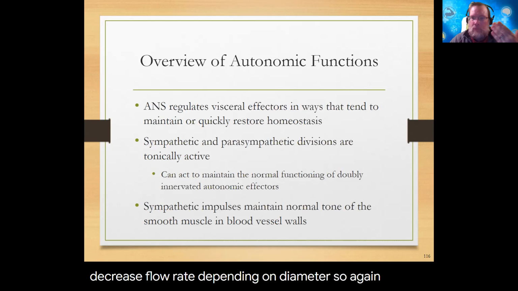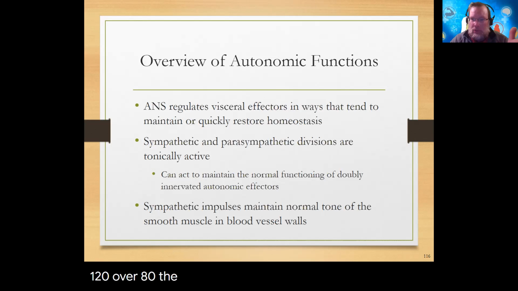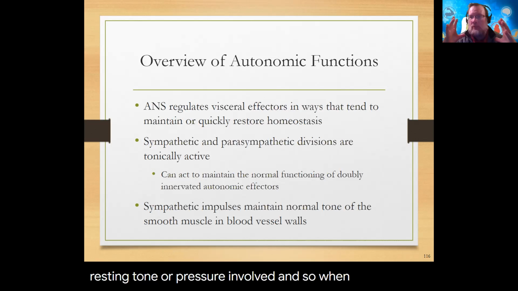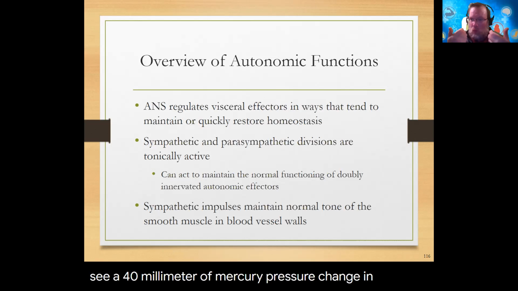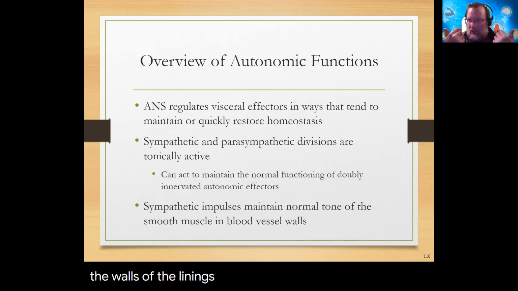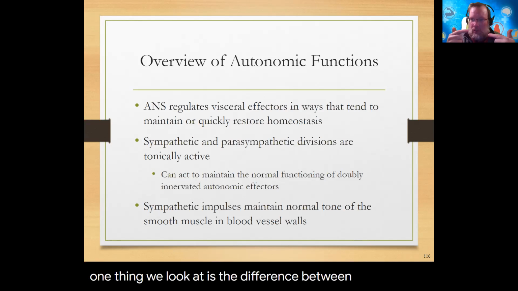Again, that 120 over 80, the 80 implies that we have some sort of a resting tone or pressure involved. And so when we go up to 120, we're going from 80 up to 120. So we see a 40 millimeter of mercury pressure change against the walls or the linings of these arteries. And so when you analyze blood pressure more next semester, one thing we look at is the difference between